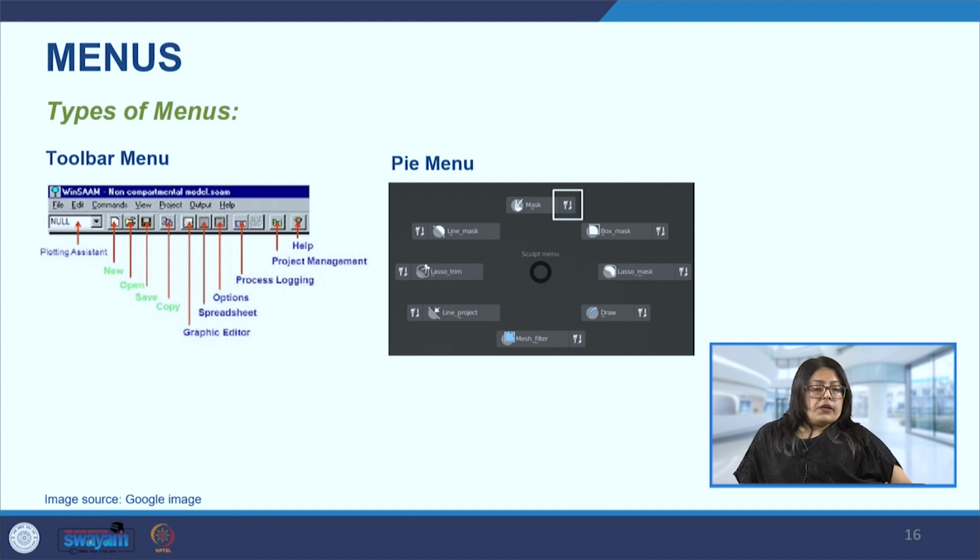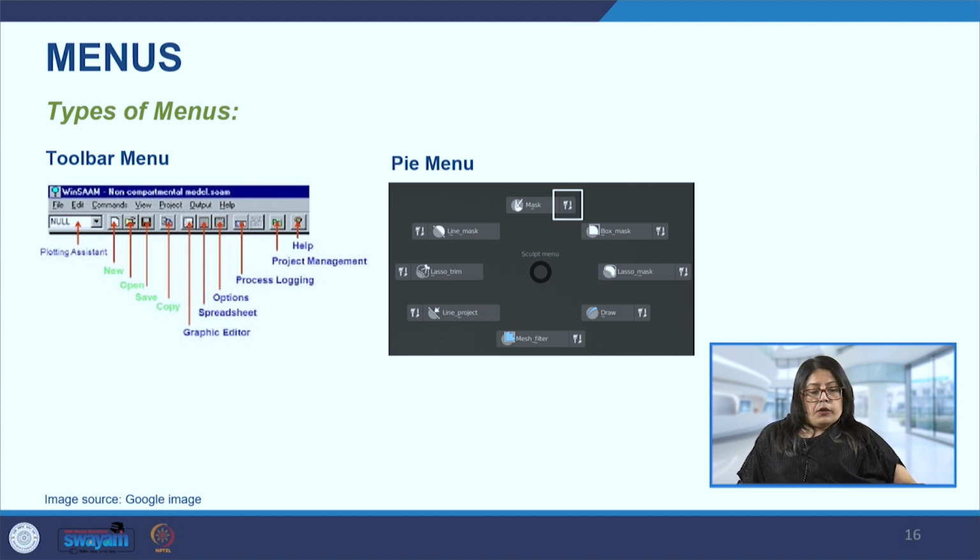We also have toolbar menus and the pie menus. We can see here the toolbar menu, which we see in many applications, like even in the Word document. It is a panel with all of those options that one can access. Sometimes there are icons and sometimes there is a combination of text as well. This helps in organization of the frequently used commands that the user uses. We have options like for text, bold, italics, and when we hover, certain other options also open up for the user.